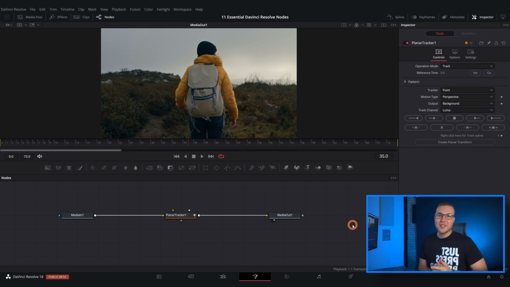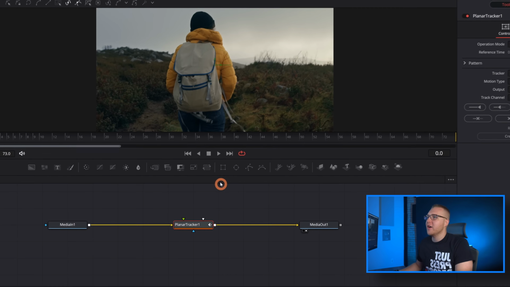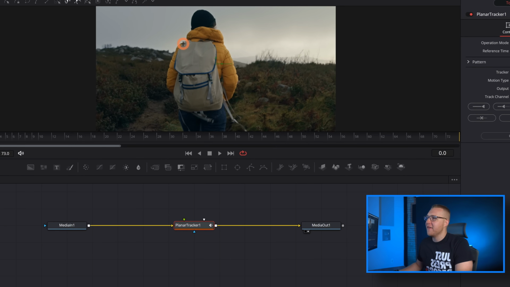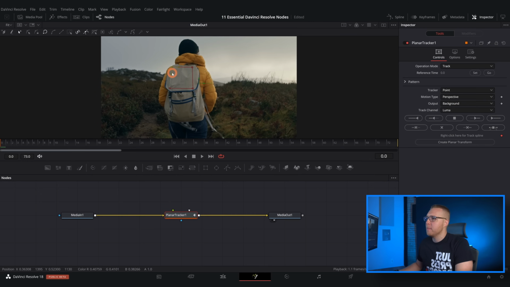So the 9th Fusion node that you need to know about is the planar tracker. Now this allows us to track and match the perspective and movement of an object in our footage so that we can make, let's just say, text or really anything appear as though it's part of our scene. So with the planar tracker, we can go ahead and actually identify a certain plane that we want to track. So I want to add some text or even stabilize my shot based on the movement of her backpack right